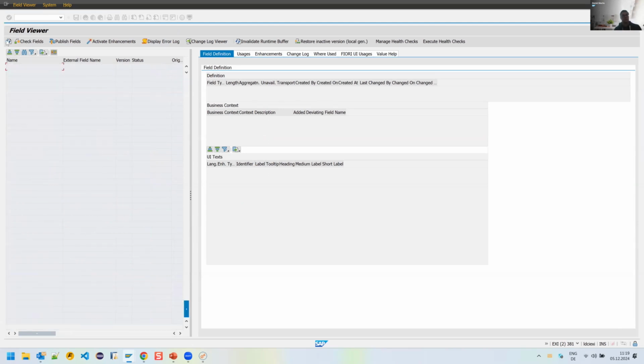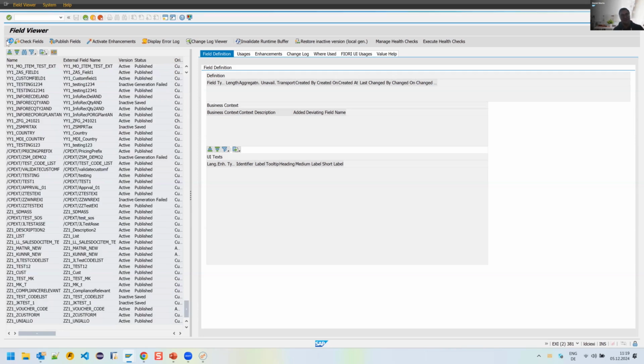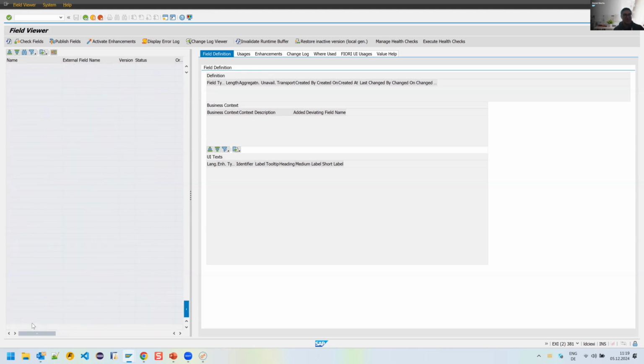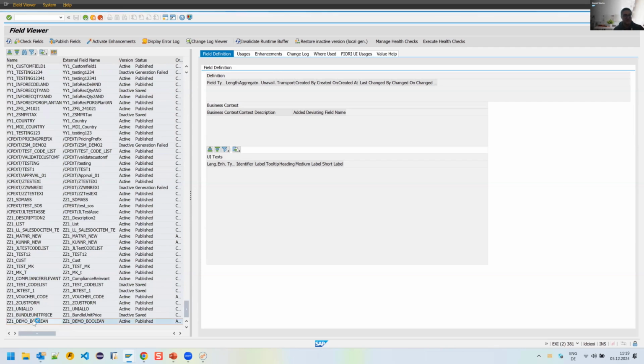I need to first... the same filter bug as in Fury. No, this time it's not a filter bug. This time I just forgot to refresh the screen. So sorry for that. But as we can see here now, I've created more or less a custom field